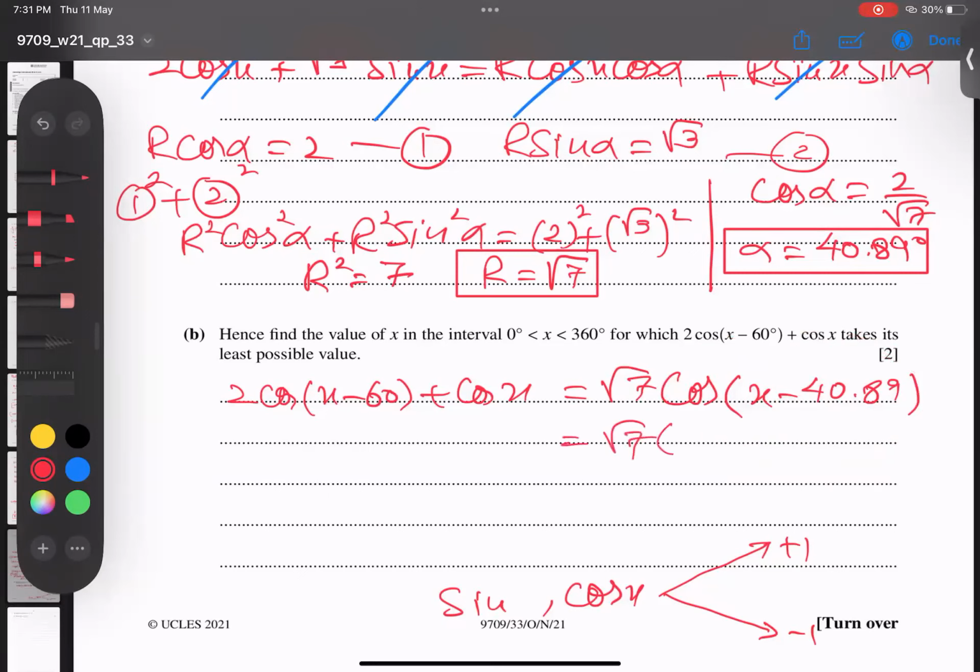Replace it here with +1. Okay, but one minute please, he's asking to find the x value for which this takes its least value. First of all, I want to find the least value. It means if I replace here with -1, it will give you the least value. What is the least value coming? Negative √7. And what is the largest value, students? The largest value, if I replace +1 here, again, there is a